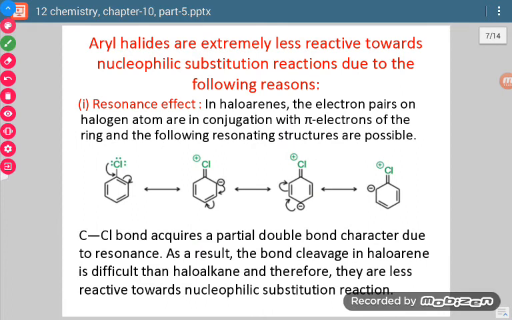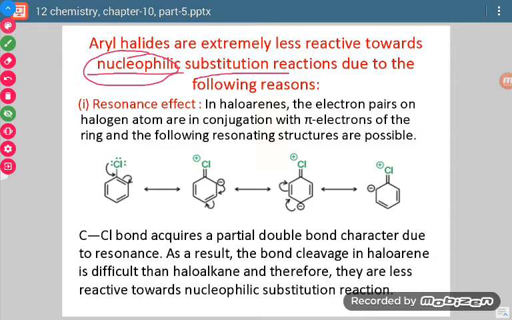Now the question comes that if we see the reactions of alkyl halides and aryl halides, then aryl halides are less reactive towards nucleophilic substitution reactions. Now see, what are nucleophilic substitution reactions? Those reactions in which a nucleophile gets attached to the alkyl halide and another nucleophile which was present inside the alkyl halide goes out. Okay, so in case of aryl halides, their reactivity towards such reactions is less.